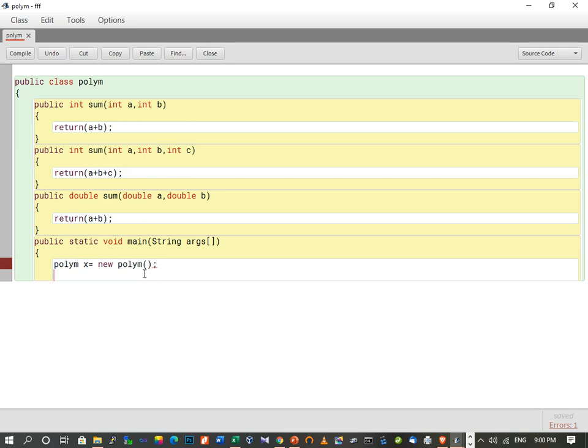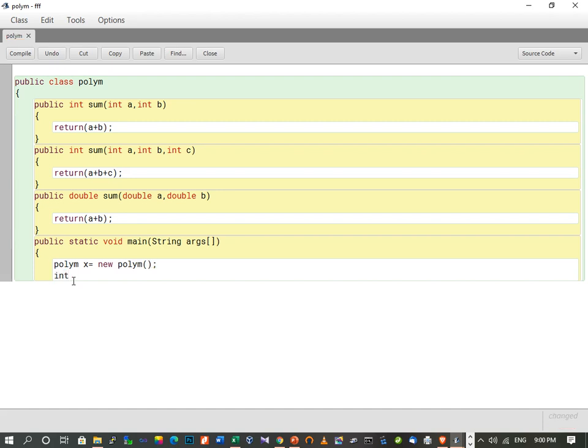As we will call all three methods, we can take a variable to store the value of each method, or we can use them directly in the system.out.println statement.